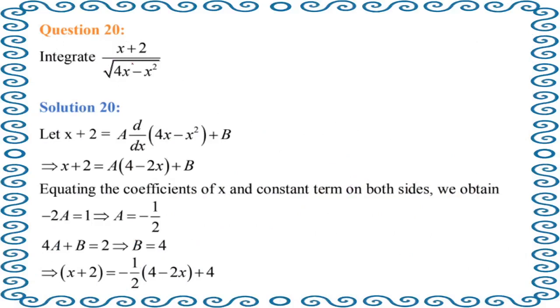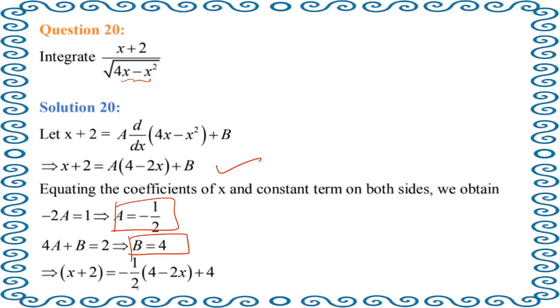20th question. This is also 9th or 10th type. 10th type is this. Here root is also given. So x plus 2 equal to, same way, a, some constant, times the derivative of the denominator, plus b, the derivative of this thing, basically the quadratic which is given, not exactly the complete denominator, otherwise you will take root as well. Fine. So we have to take the derivative of this quadratic which is given in the denominator. So x plus 2 equal to a (4 minus 2x) plus b. Now open the bracket, compare the coefficients, get the value of a and b and put these values here.